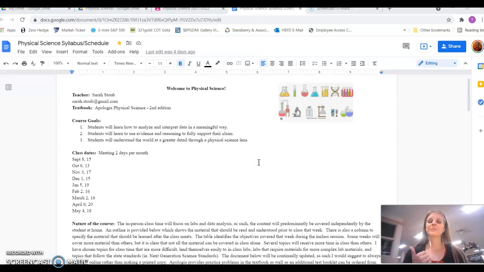The students will, one, be able to analyze and interpret data in a meaningful way. So that's something that's really hard to do through the textbook. Lots of times the textbook has to tell you, like, here's the data and here's what it means, since they're kind of learning it from home. And I want to make sure I can bring it in the classroom where here's the data, what do you think it means? They have to think through it.